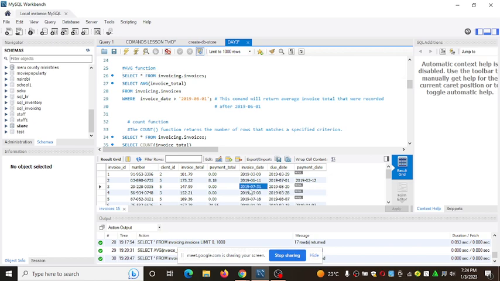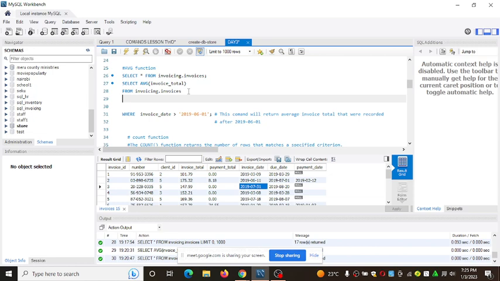Which range? Let's select between 2019-06-01 and 2019-07-1. Let's select this simple, and now I want to return where